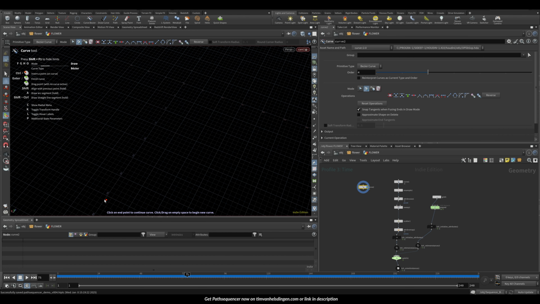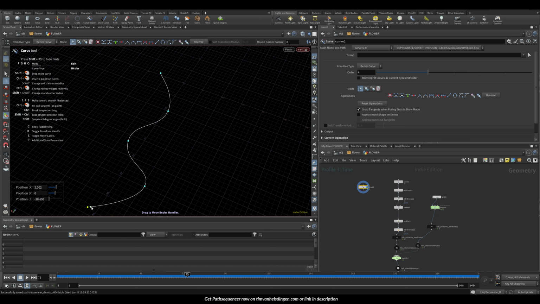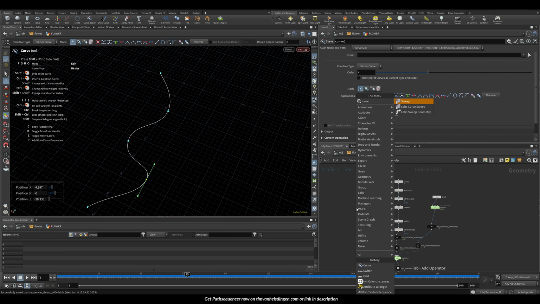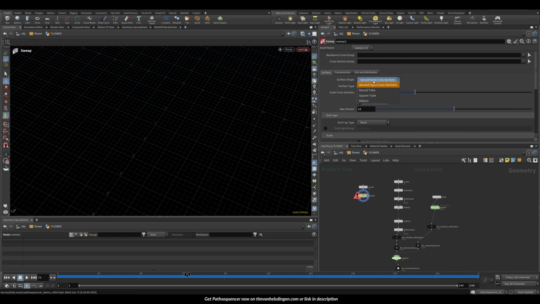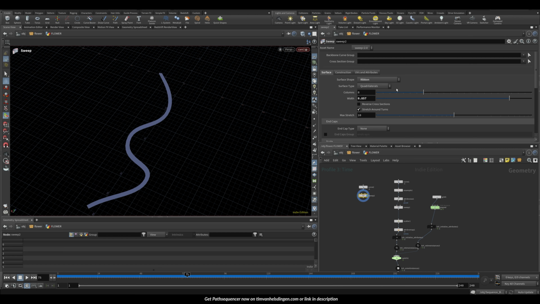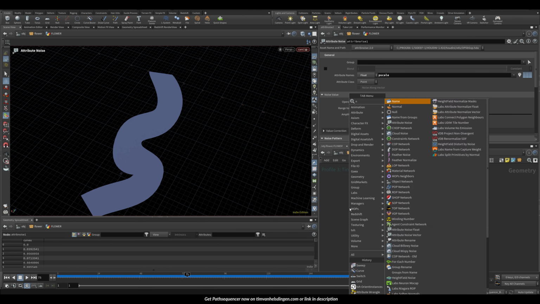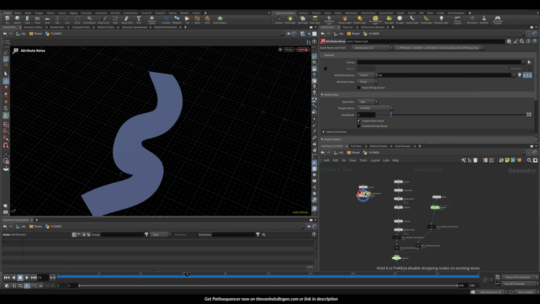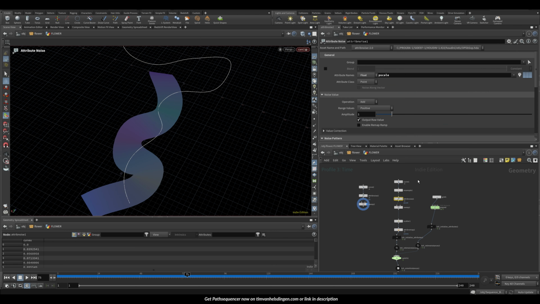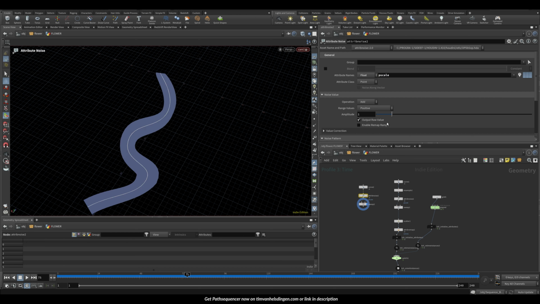Let me do BJ curve like this. Let's maybe change this up a little bit. Something like this looks pretty cool. Let's sweep it. Let's do a ribbon. Let's increase the width. We can do a little bit of an attribute noise, similar to what I did there. Attribute noise for the P scale. As you can see there, P scale floats,